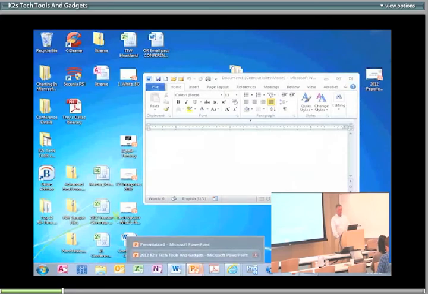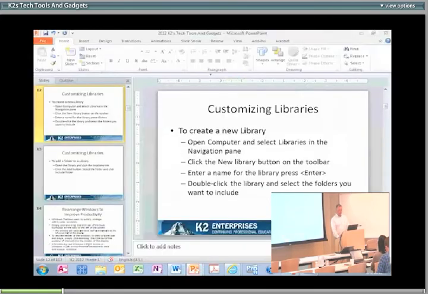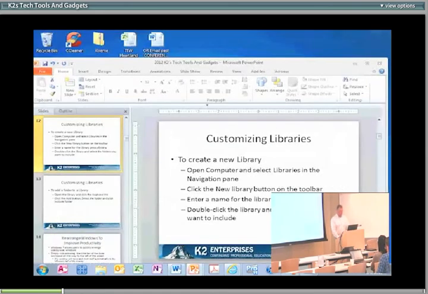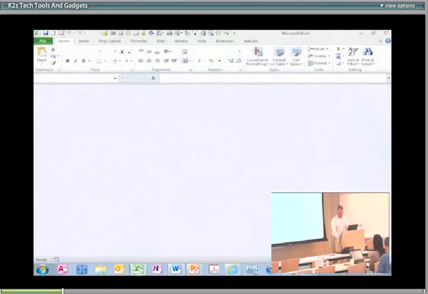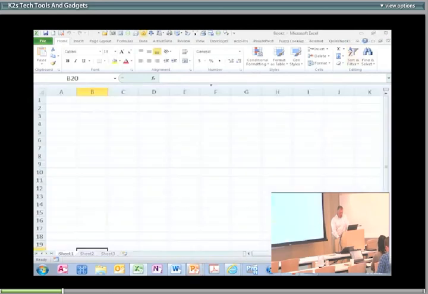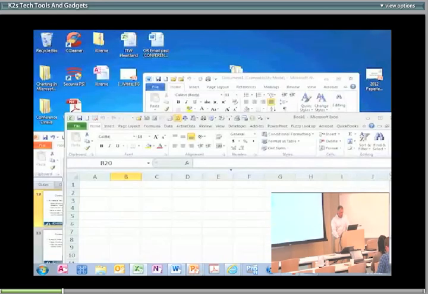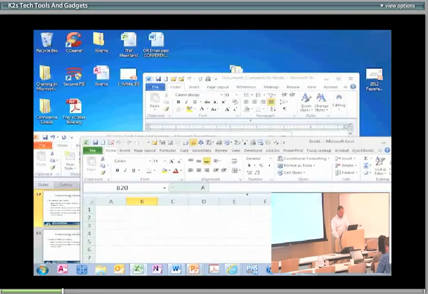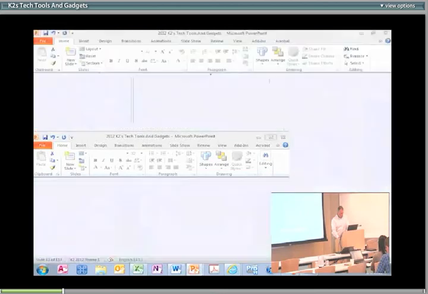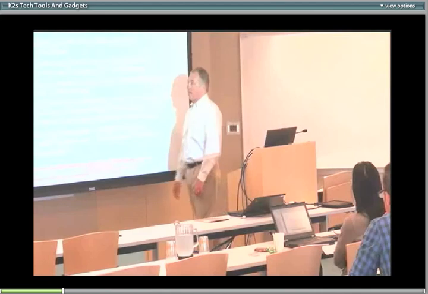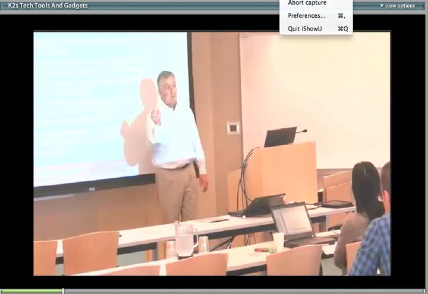So what I want to do is get a bunch of open windows of different types sitting out here. I've got a Word document, I've got a PowerPoint document. Let me go grab this Excel document also, or just get an Excel document open. And now I've got a lot of different documents sitting out here on my desktop. So understand that if you're running Windows 7, there are some shortcuts now to rearranging windows inside Windows 7. Perhaps a lot faster